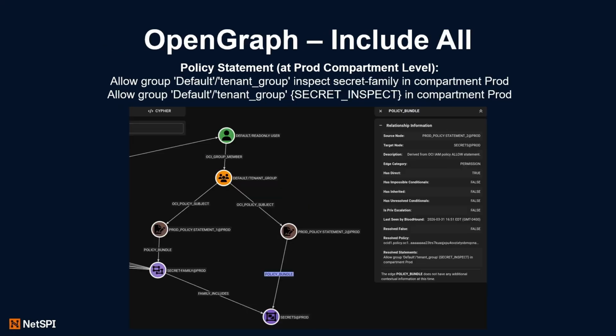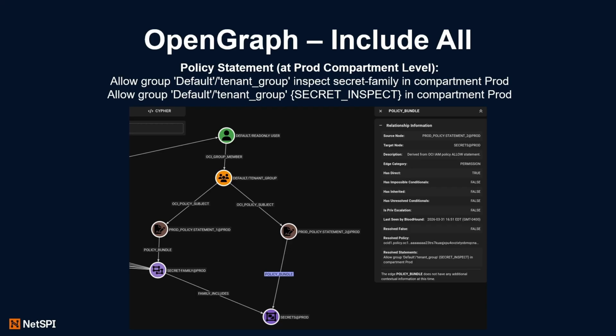Remember I mentioned before that by default we try to just graph privilege escalation edges. So if you have read permissions over a bucket, that's probably not going to show up in the default graph because it's not really a privilege escalation edge. Now, if you want to include every edge possible because you don't want to just know the lateral privilege escalation edges, you just want to know